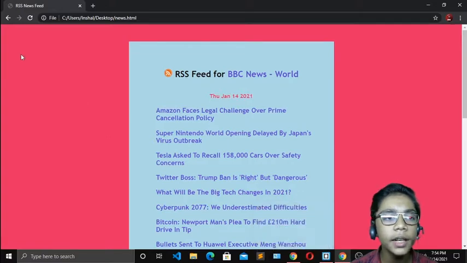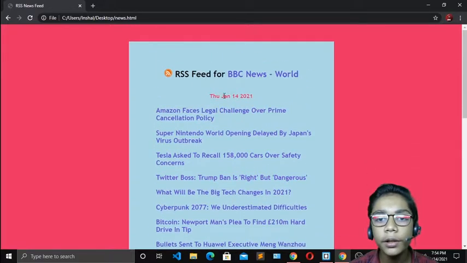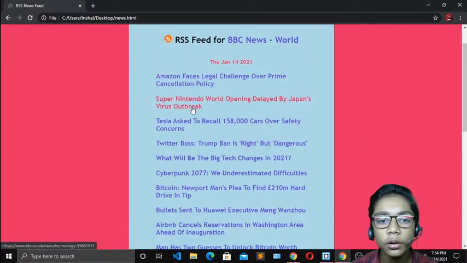Now over here you can see I've just made this newsfeed project in JavaScript. This newsfeed project will tell you about BBC News from around the world. You all know what BBC News is, a channel on TV. Over here is all the news from BBC News, and if you press any of them, it will take you to the original news.